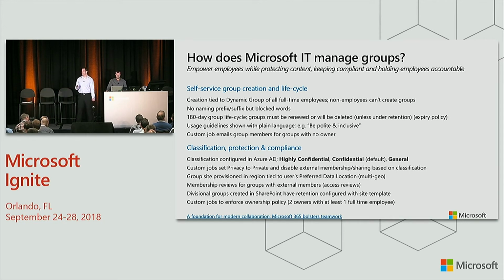We also have a set of scripts that will run that will look for various properties on a group. So for example, if you take classification, every group must be flagged as being general, confidential, or highly confidential. If it's not flagged with a classification, a default classification will be set. And then, for example, if it's set to highly confidential, we will disable certain features like external guest access or sharing. On Thursday, we have a scripting session where I'll walk through a couple of code examples on how to find groups that don't have classification set or update certain properties. So definitely check that out if you want some more insight into how that works.